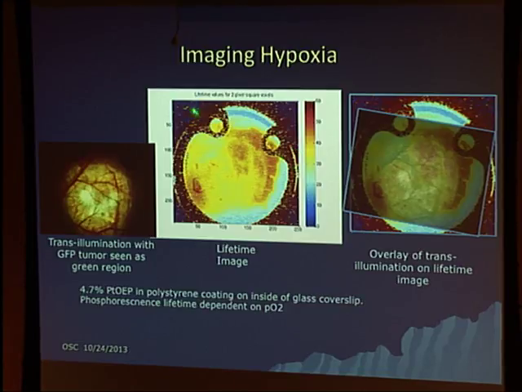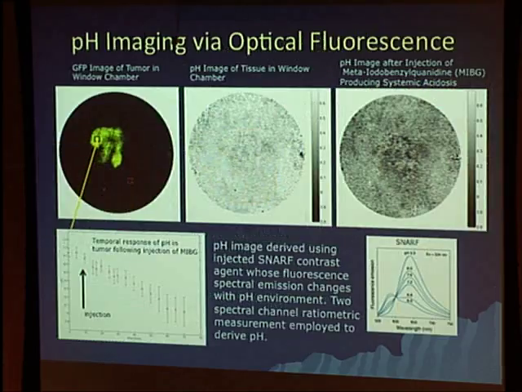But the point is that in areas where there's a lot of oxygen, then you're going to decrease the fluorescence lifetime. So in this area out here, which has a long fluorescent lifetime, there's not much oxygen. So she's overlaid the vascular image on top of what she got out of the hypoxia image, this lifetime image, and you can see that the vessels run along areas where, in general, this appears to be areas that are well perfused, and there's an area out here that's very poorly perfused and is probably hypoxic. This is pretty preliminary early work, but it's very promising in terms of being able to directly image hypoxia.